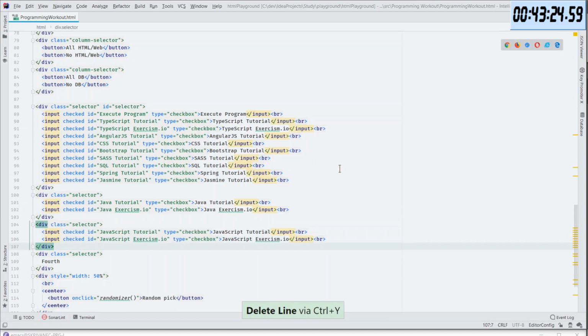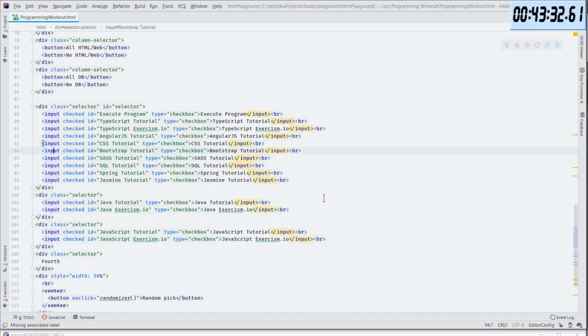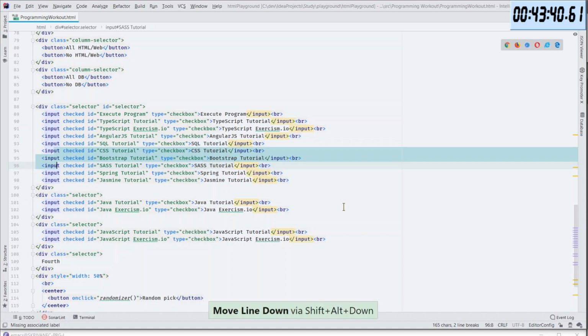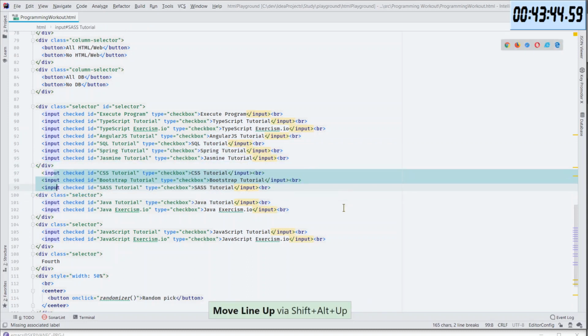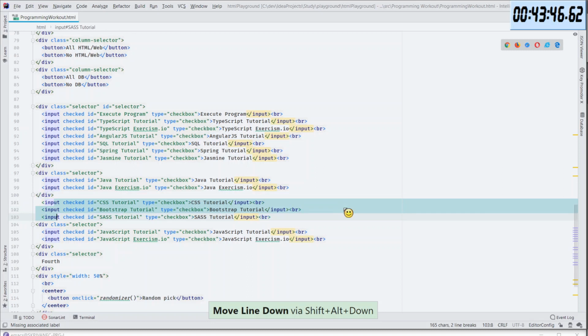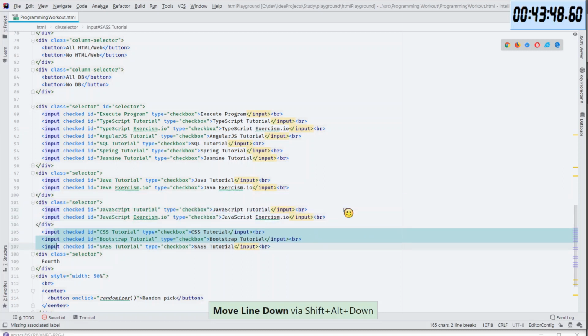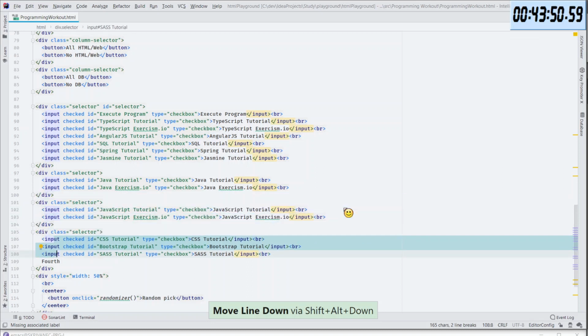Then CSS, Bootstrap, those things in my book go to the web section, and I messed up already because the first one's supposed to be the Java thing.